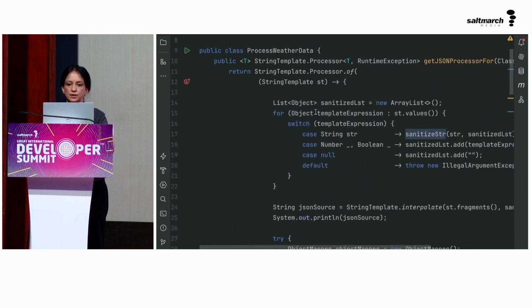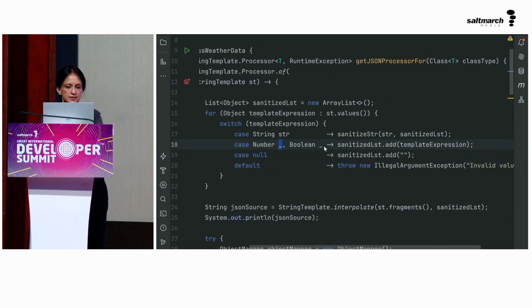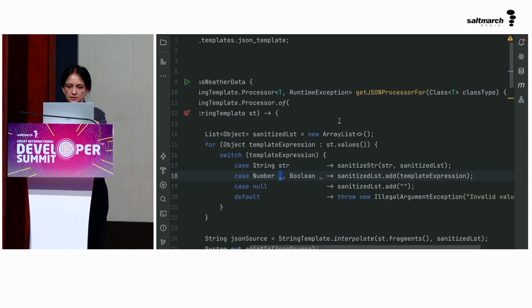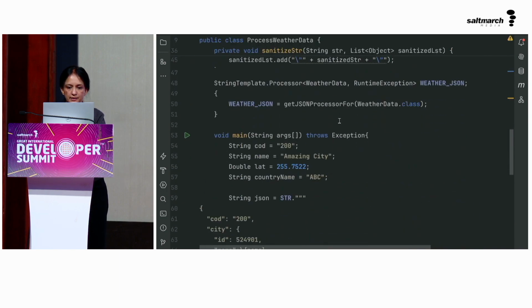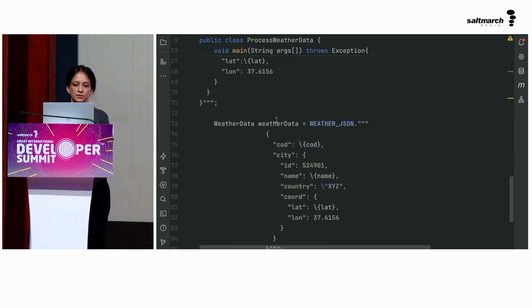But this is how I am creating a custom template in which I figure out what to do with the value. I could also throw an illegal argument exception, of course, if the value is not string or number or boolean. Here the values are not being used, so that's replaced by an underscore, which is one of the features that we would be covering later in this session. And of course, this is a method. And if you look at this again, what I am returning with a combination of the string values and the literal values is an instance of weather data,